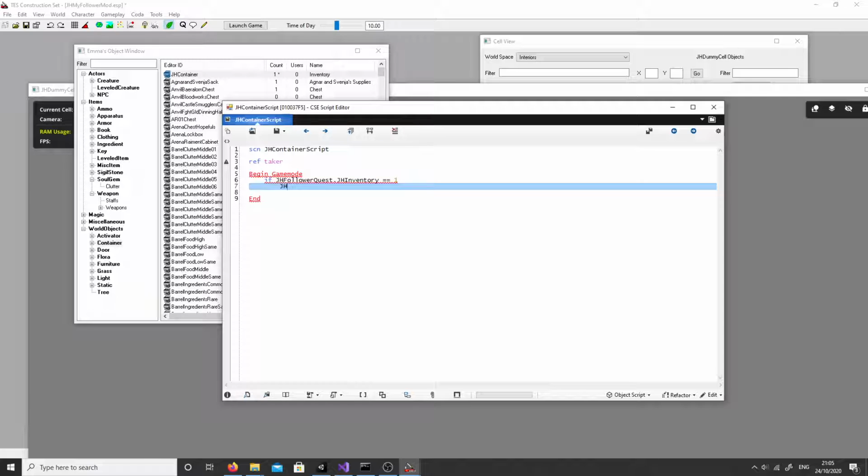Do you remember the chest? It was called a certain name. So JH container ref. So the reference, what we put in the box at the top when we were looking at the reference of the box, we put that in, not the base name. We don't put just JH container. That refers to a specific one of that object. So JH container dot ref dot move to